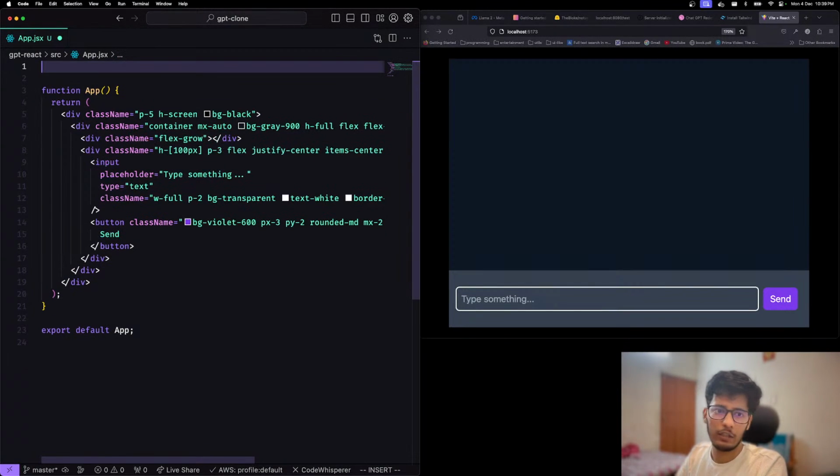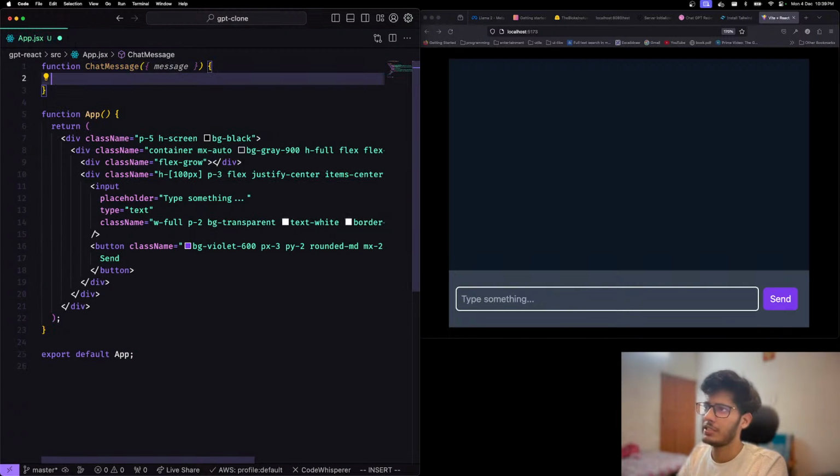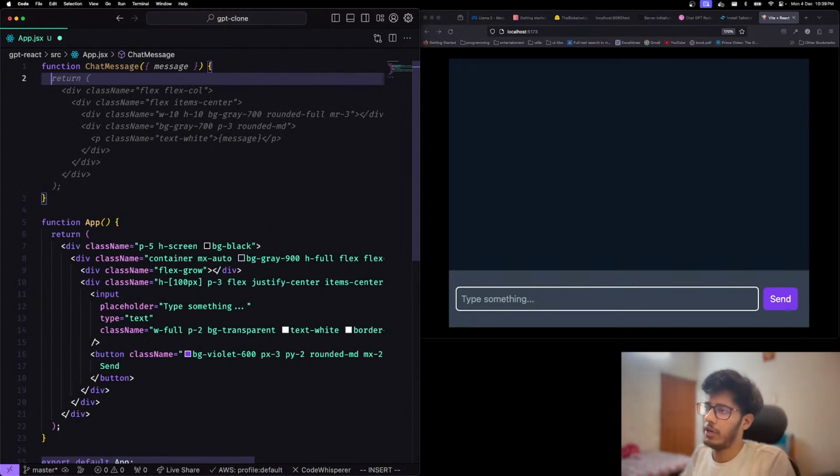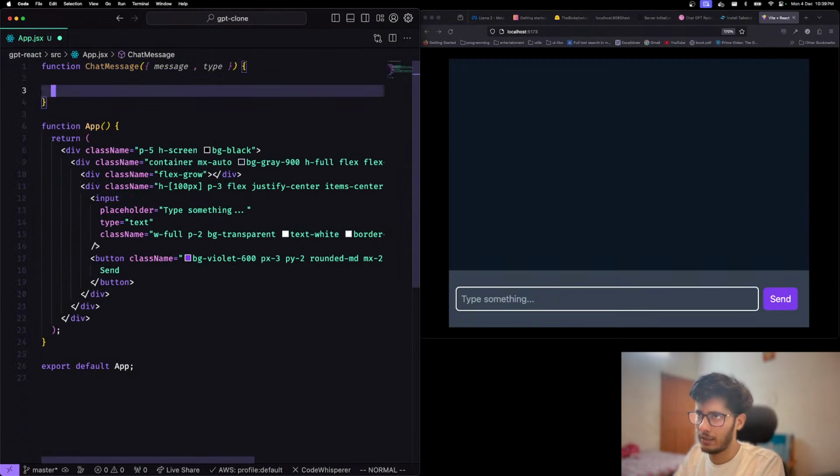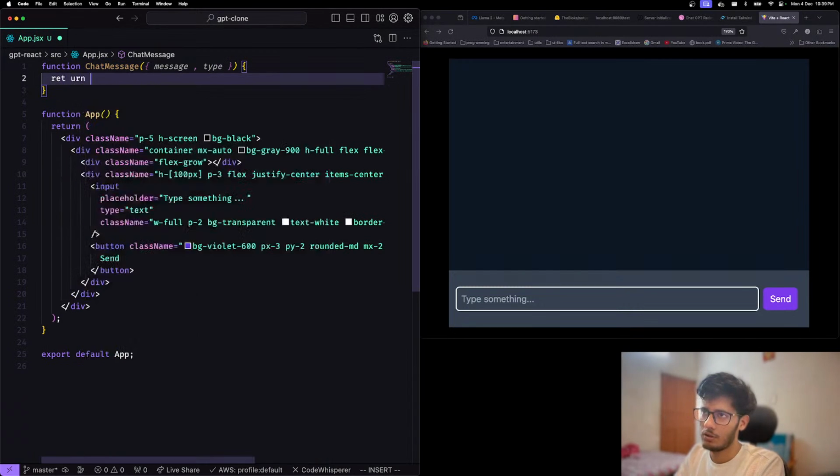We'll create another component. So we'll call it function chat message, right? And then it receives message as a parameter, right? So you just pass message to this state, right? And then you can have a type. So type could be receive or send, like which kind of type is this? You can say return,